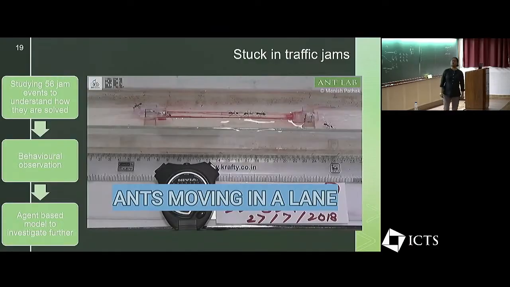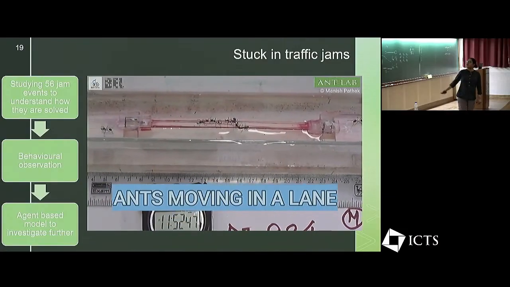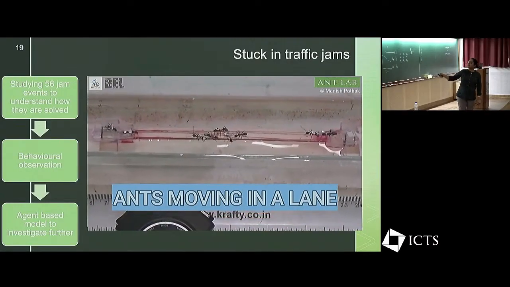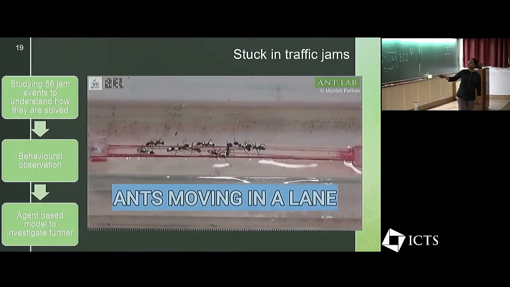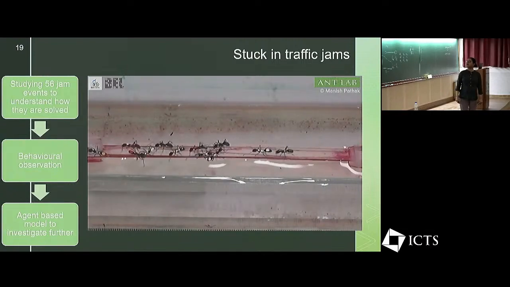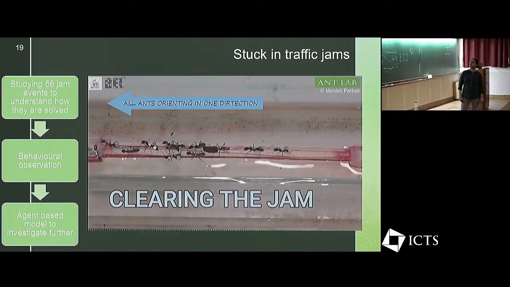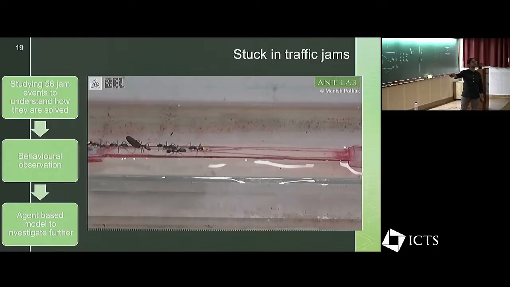All right, so what would a traffic jam in ants look like? Let me show you this video where ants are passing through this narrow one ant lane. This is a tandem run coming through. Now they're stuck in a jam. In 1 second, they cannot move a single body unit. The jam will clear and all the ants will now go into the new nest, which is at this end.